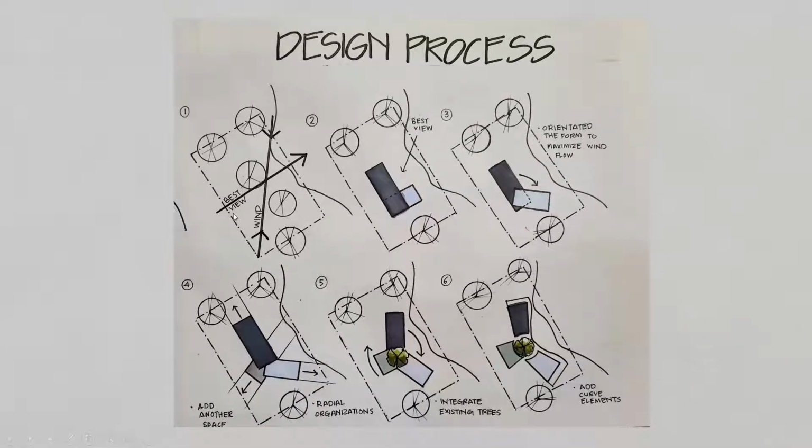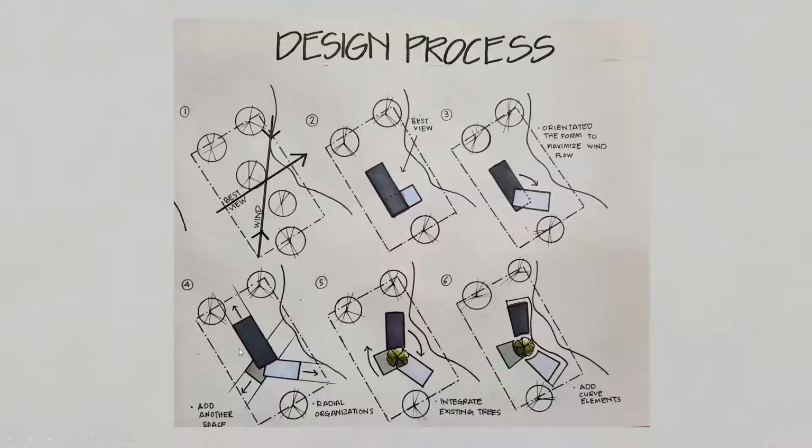And then we move on to the design process. The first one is based on the two axes. The first axis is towards the best view and the second axis is toward the wind direction. The second one is to arrange the building horizontally wide towards the best view. And then the third one is to orientate the shape to have opening because it can maximize the wind flow